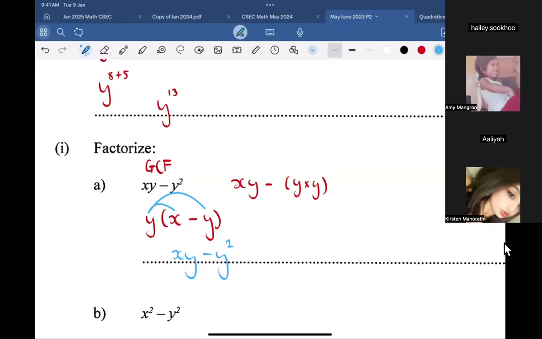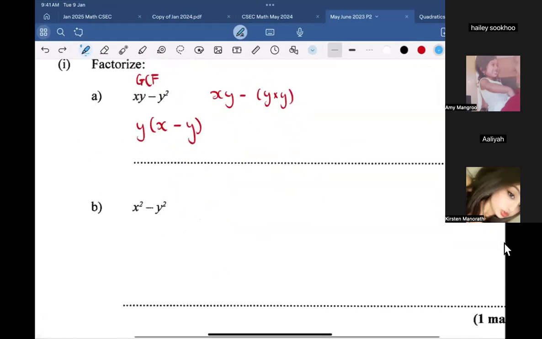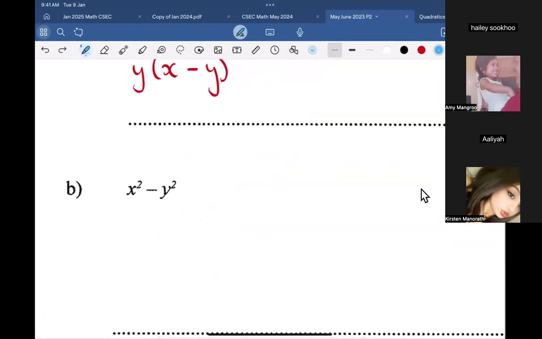anytime you factorize and you want to know you're correct, just expand. And if you expand, you're supposed to get back the original term. So we know we're correct. I presume everybody is fine with this. Right? The next one, we have